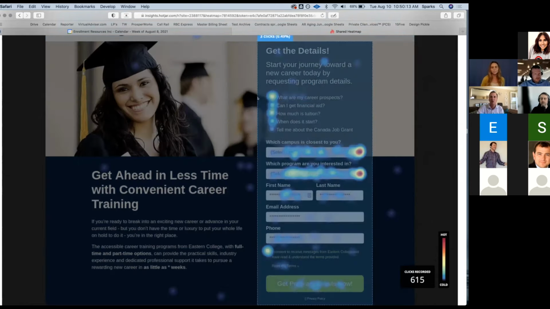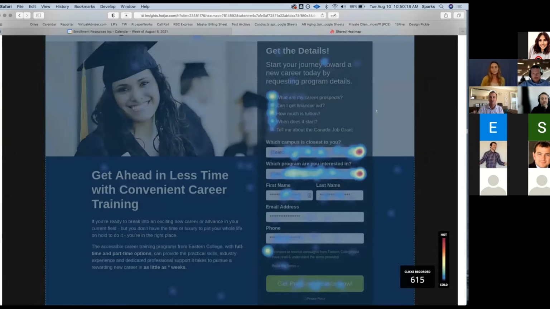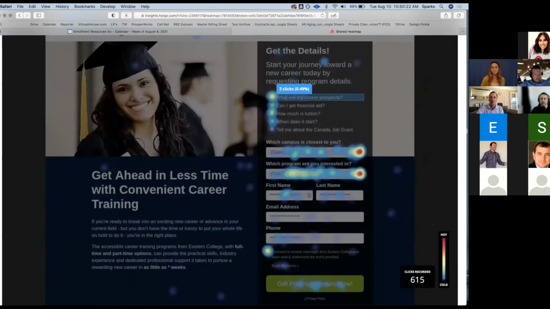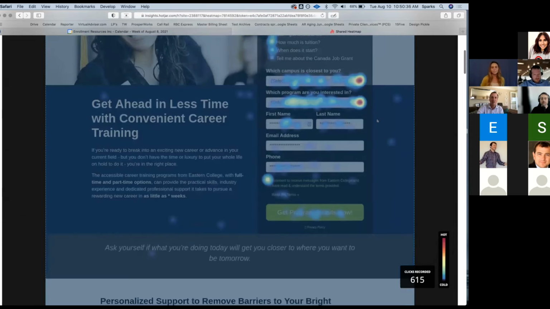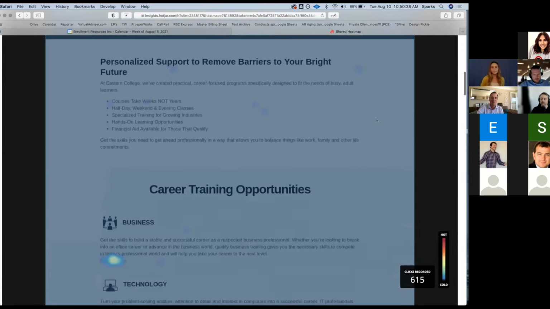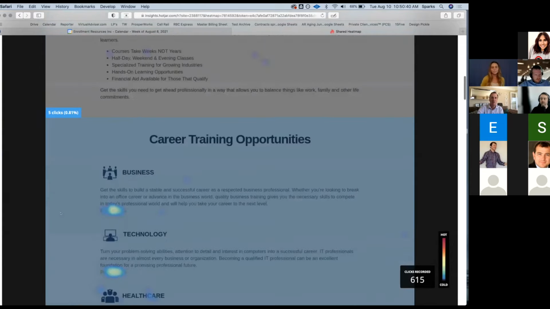Up here in all our forms, we have these check boxes. The check boxes are just designed to encourage engagement. We can see that the career prospects got the most clicks, and what got second most clicks was how much is tuition, start date, and financial aid, then start date were the orders. So maybe we adjust the order of the box and stuff like that. And then as you scroll down, you can see where there was opportunity to click. So